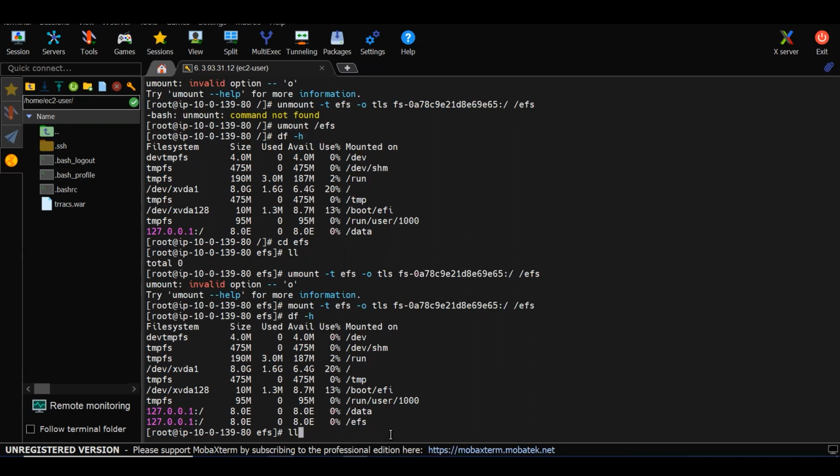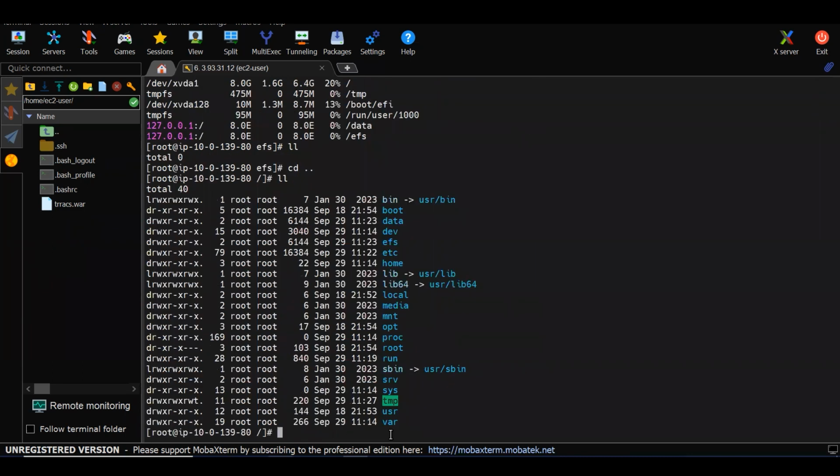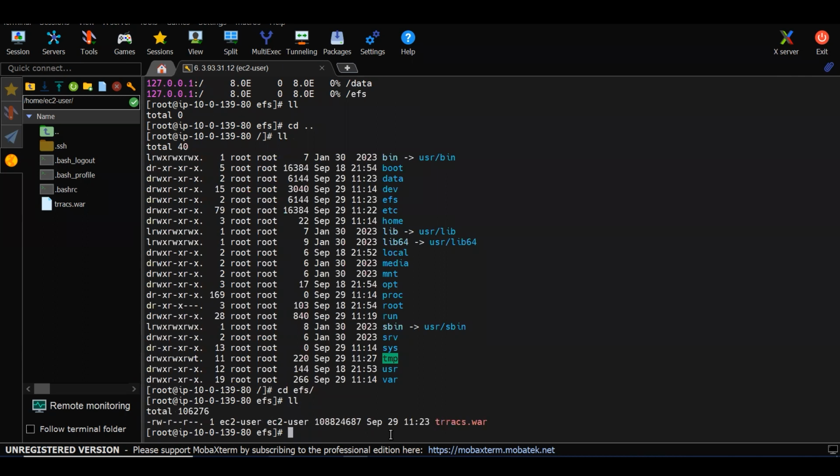Will the data be there or not? Because we are in the same folder, EFS only. Why is it not there? It doesn't update immediately. You need to come out of that folder and go to EFS again. See, you are staying in a single folder and applying the command. How will it reflect all the things? So you need to come out of the folder and mount it. Okay. Like this, we mount, we will add things. So it will reflect both ways. See, if you add here, it will be in EFS, right?